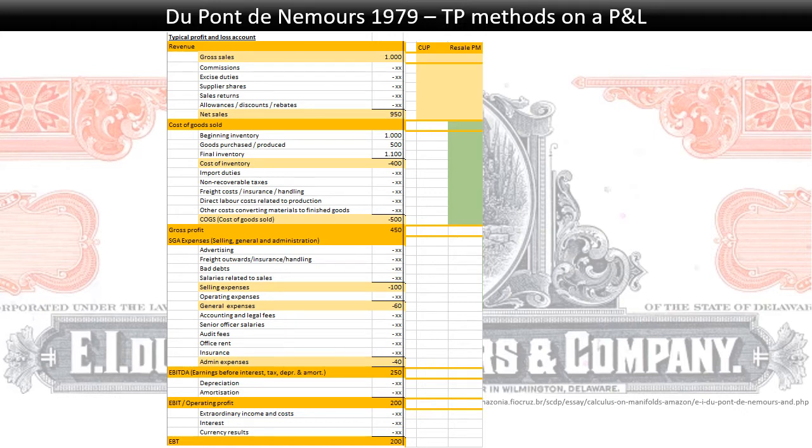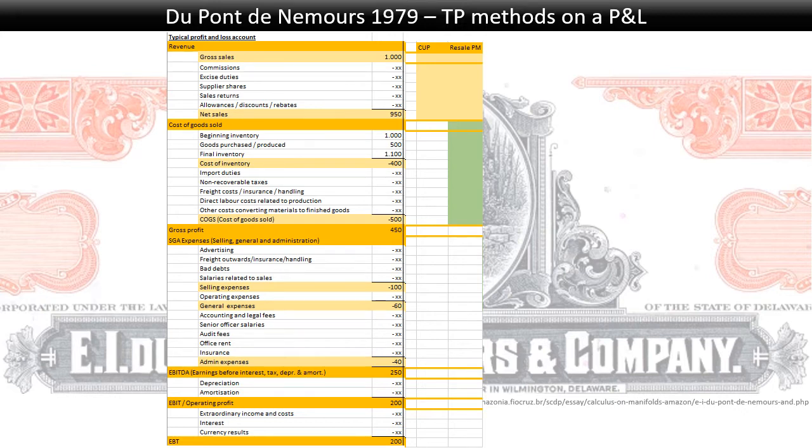So you take your gross profit and you divide that, for instance, by your revenue. If I look at other companies, if they sell for 1,000 and they have a gross profit of, let's say, 300 at the end of the day, then clearly what you need to do in terms of selling stuff intercompany is to do it in such a way that after I deduct my COGS from my sales, I should also have 300, or I should have 30% in terms of